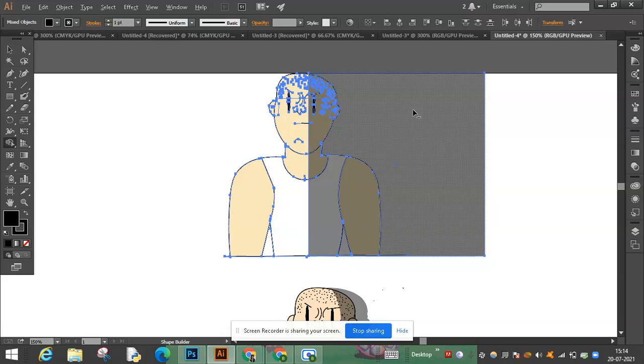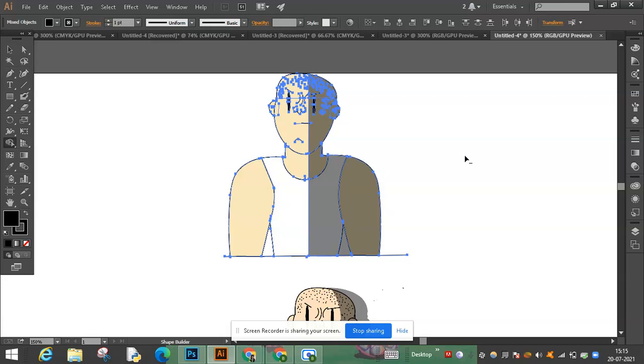So hold alt, and you will see that instead of a plus sign under the arrow, you will see a minus sign. So hold alt and click on the part you don't want. Like this, and you will see the shadow is gone. Again I click here because I don't want this either, and the shadow is gone. Now click on the side with the black arrow, and now you have the shadow.